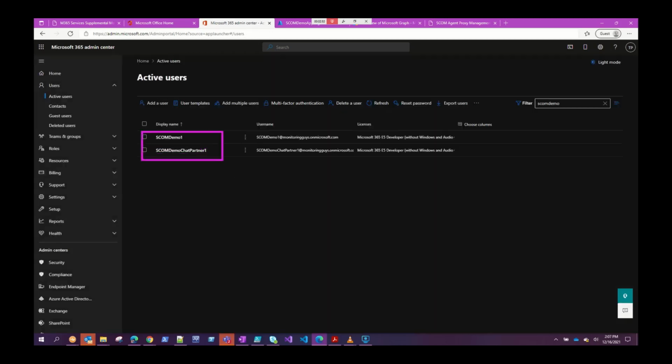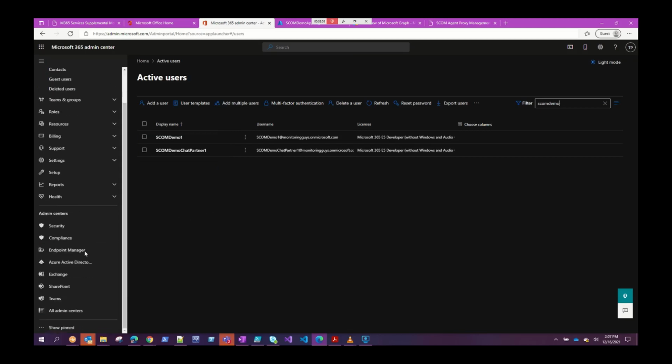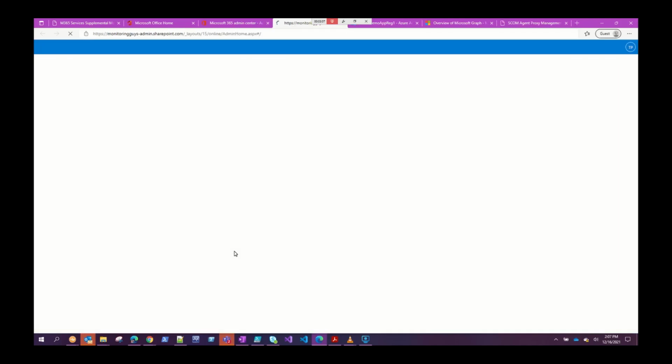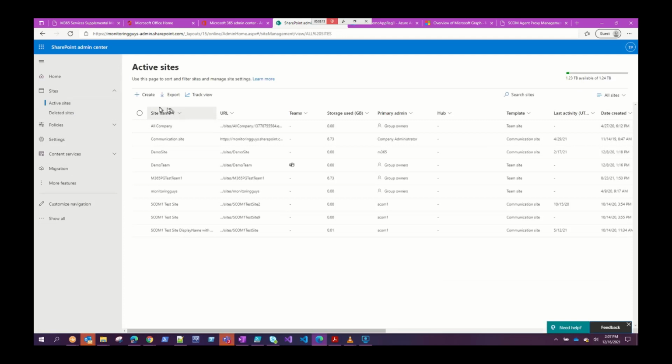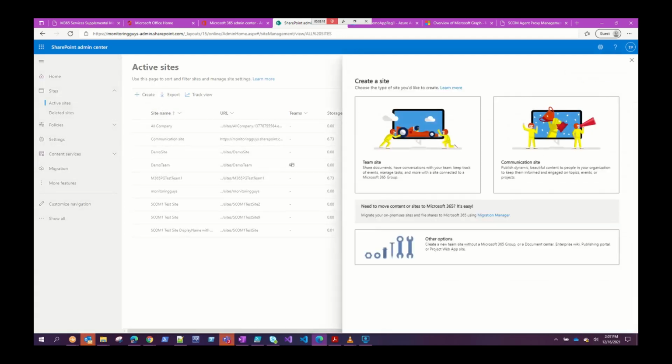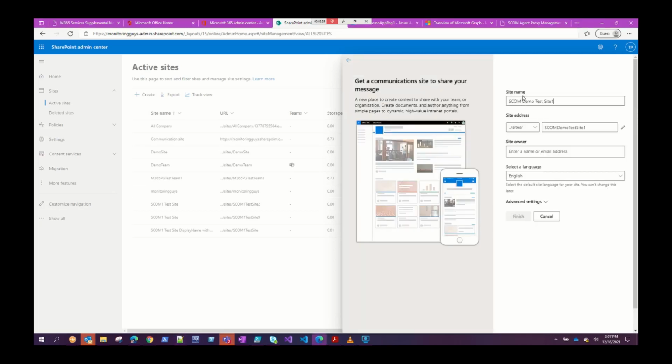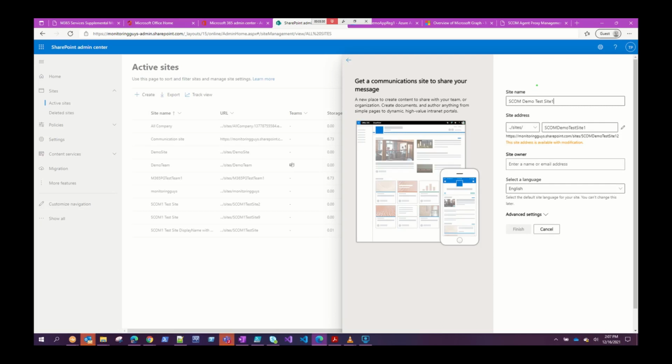All right, here you can see my two new accounts exist. Now the next step is I need to identify a SharePoint site for the purposes of monitoring. So I'm going to create a new site which will only be used for monitoring, and I can find SharePoint over here. And I'll select active sites, and I can see some of my existing test sites, and so I'm going to create a new site, and the name that I'm going to give this site is going to be SCOM Demo Test Site 1. It will be a communication site,